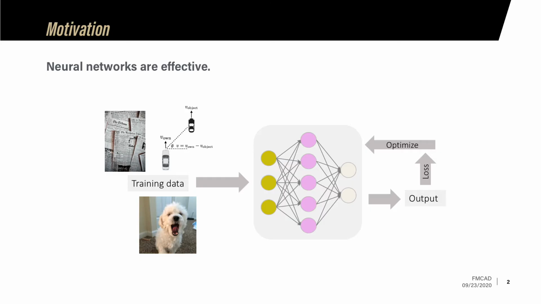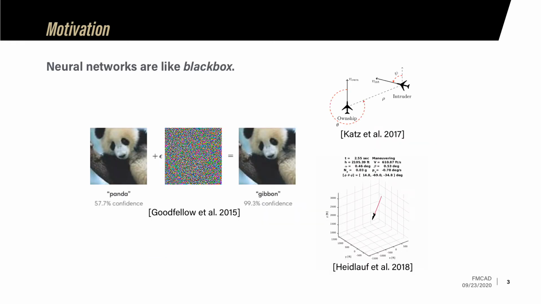Let's get started. Neural networks have proven their power in various applications, especially in the last decade. From identifying a cute puppy image to comprehending long paragraphs in a newspaper to making decisions in an autonomous vehicle, neural networks have shown great applicability in many scenarios. However, neural networks are like black boxes. They may come with many intriguing behaviors on all corner cases, such as the well-known local robustness property.